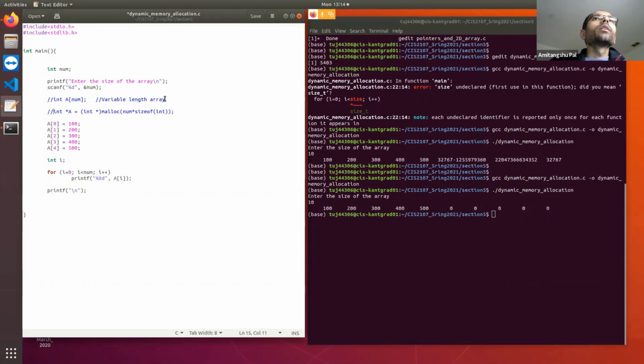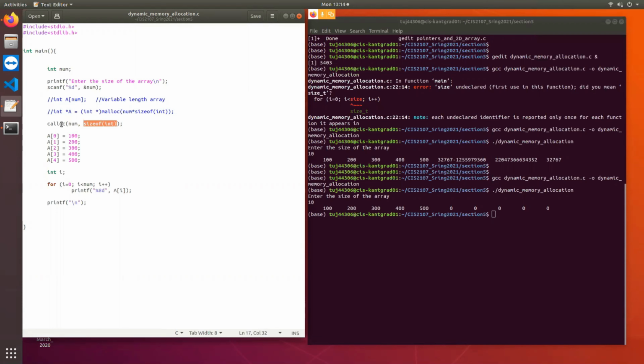Now let's see how to use the calloc function. Both malloc and calloc allocate the memory dynamically. The syntax is slightly different. As opposed to malloc, calloc takes two arguments. The first argument is the number of elements, and the second argument is the size of each element. Similar to malloc, calloc will also return a void pointer, so you need to do a type conversion to convert it to an integer pointer.